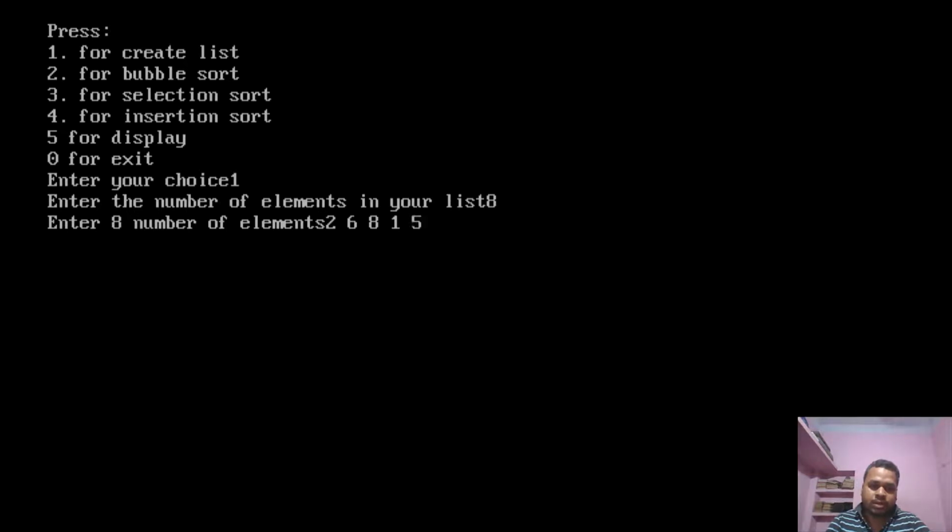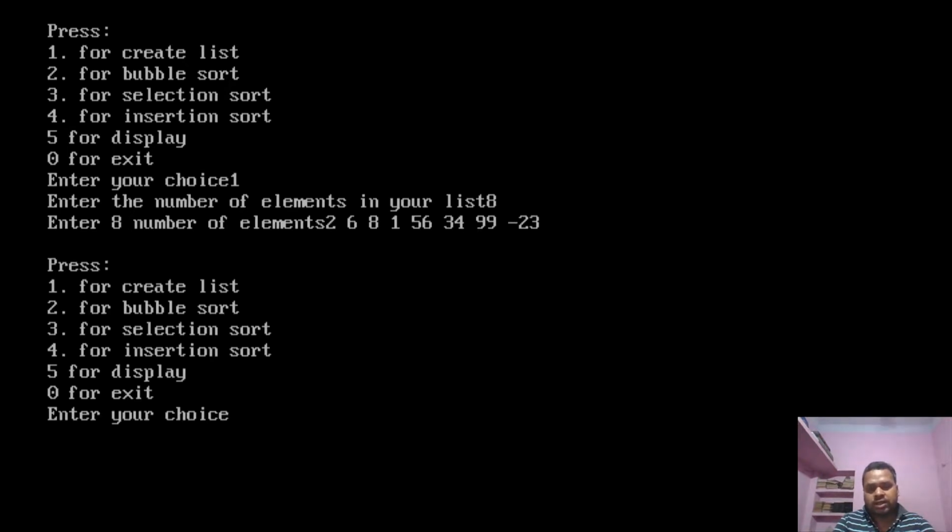1, 56, 56, 34, 99, and minus 23. So we have given 8 elements.